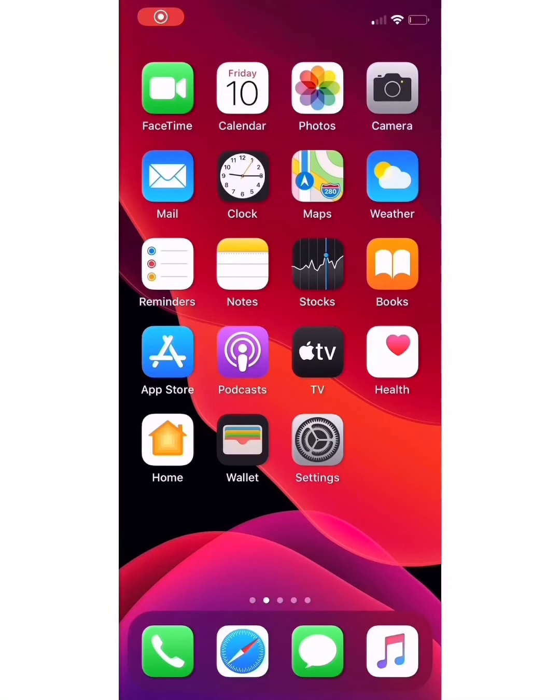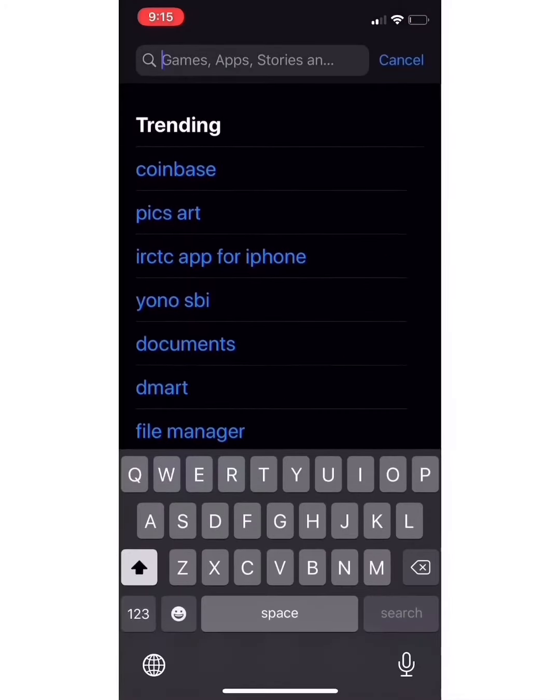Hello everyone, today I'm gonna show you how you can make split photos on Instagram. So many of us wanna do this but don't know how to do it. Let's see. Firstly, you have to download an app from the App Store called